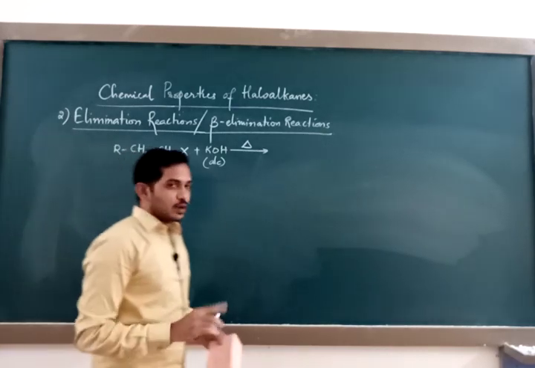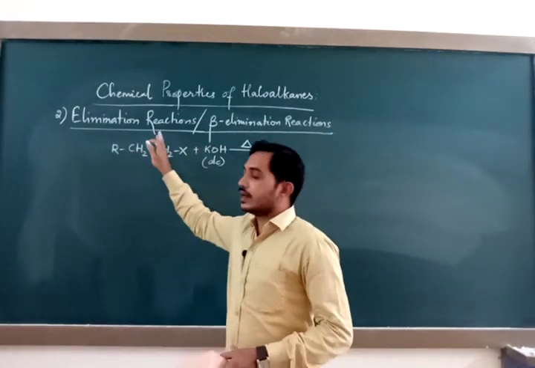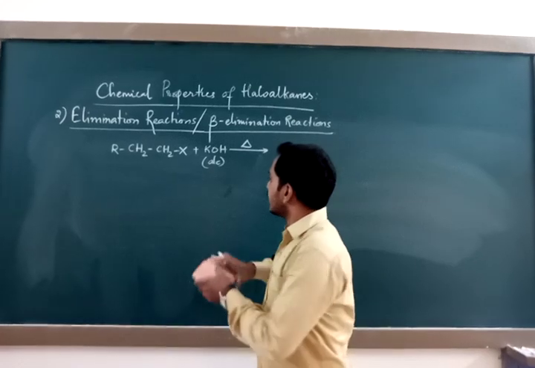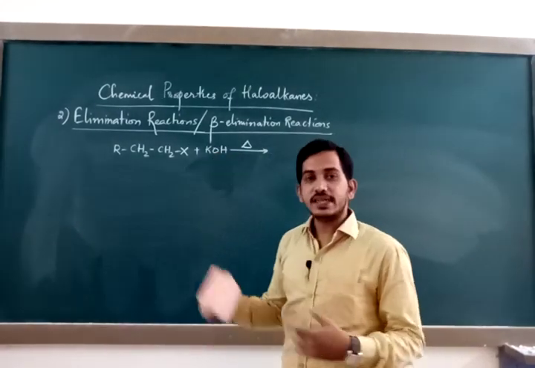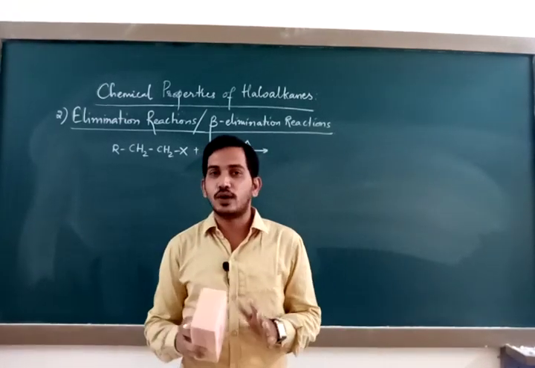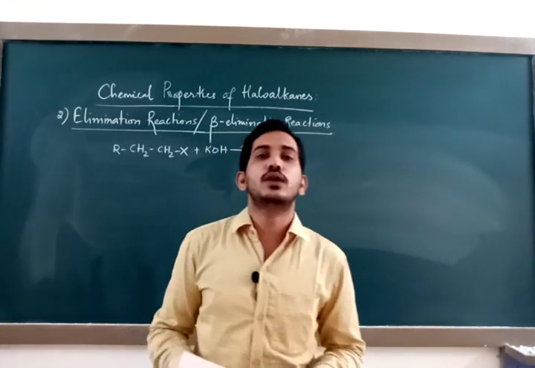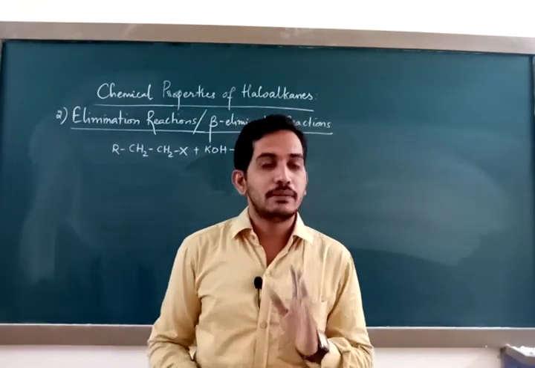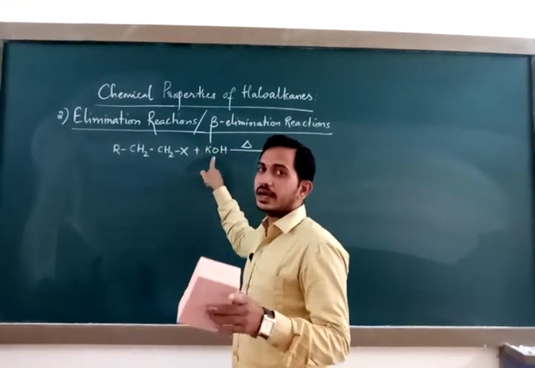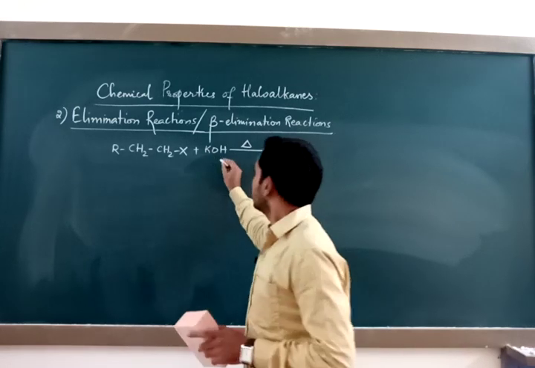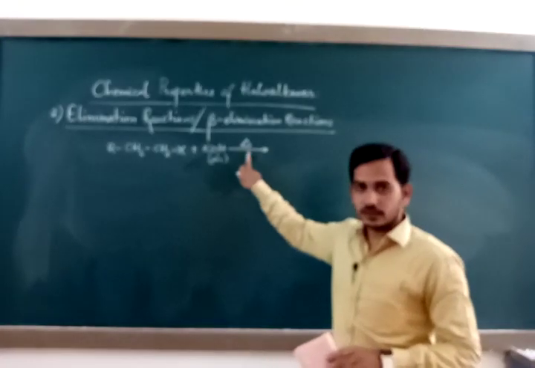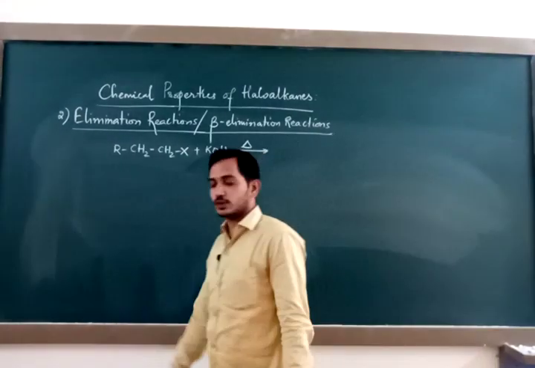Now remember these steps. While you are carrying out elimination reaction, you are supposed to write alcoholic compulsorily. If this alcoholic is not written, we assume it as aqueous. In presence of aqueous, it takes place a substitution reaction and not elimination. So if you want a haloalkane to undergo elimination, you are supposed to use compulsorily alcoholic KOH. Without indicating anything here, it gives an indication that it is aqueous. So you are compulsorily going to write alcoholic KOH. Heating is also compulsory. Without heat, this reaction will not proceed.